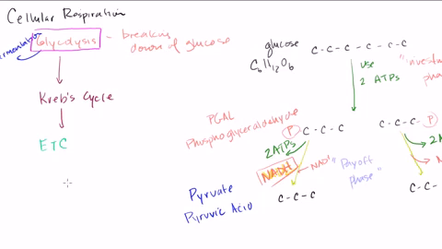So the big takeaway here, if I were to write the reaction that we get for glycolysis, is that you start off with glucose, and you need some NAD+. And actually, for every mole of glucose, you're going to need two NAD+. You're going to need two ATPs. You're going to need two ATPs. So I'm just writing all the ingredients that we need to start off with. And then you're going to need, well, these guys are going to be ADPs before we turn them to ADPs. So I'll write plus 4